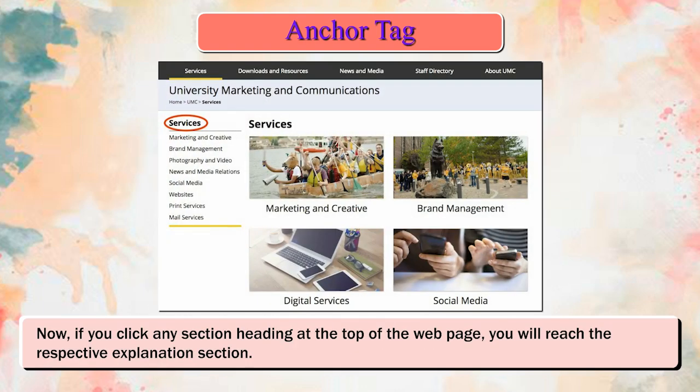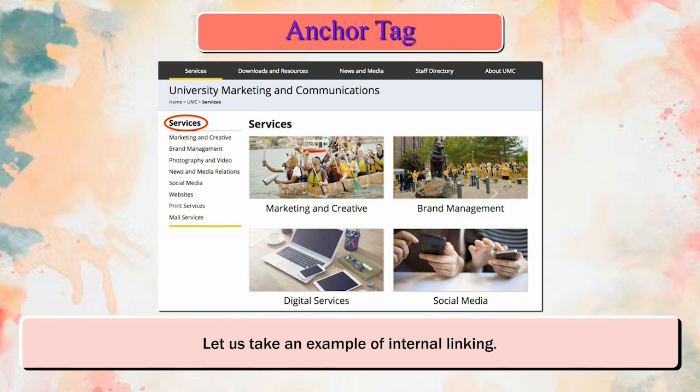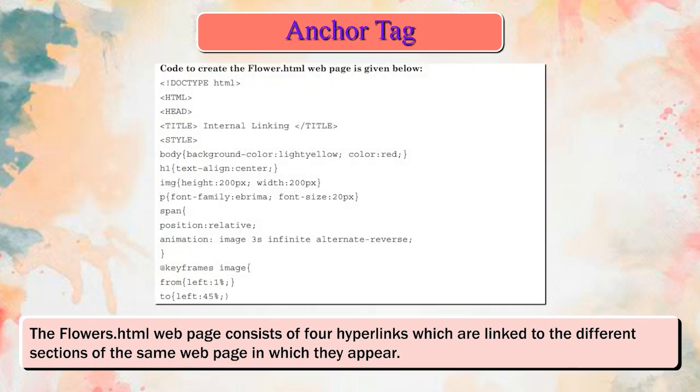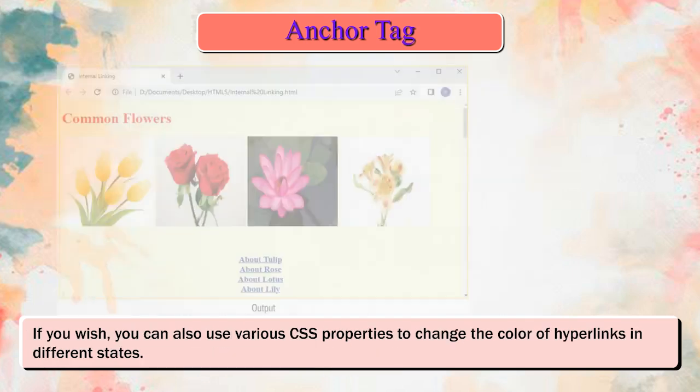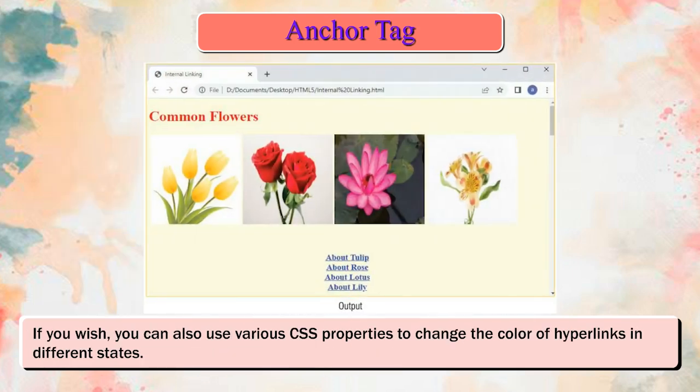Now, if you click any section heading at the top of the web page, you will reach the respective explanation section. Let us take an example of internal linking. The flowers.html web page consists of 4 hyperlinks which are linked to the different sections of the same web page in which they appear. If you wish, you can also use various CSS properties to change the color of hyperlinks in